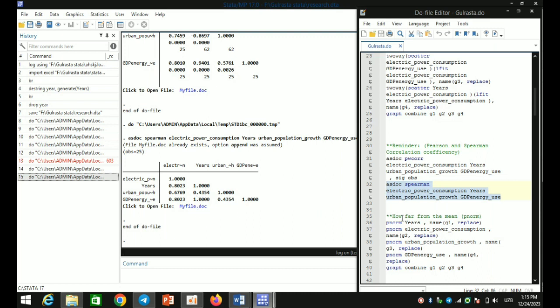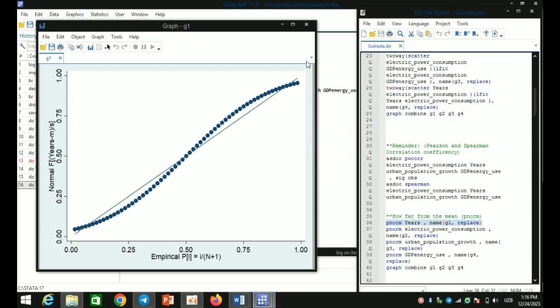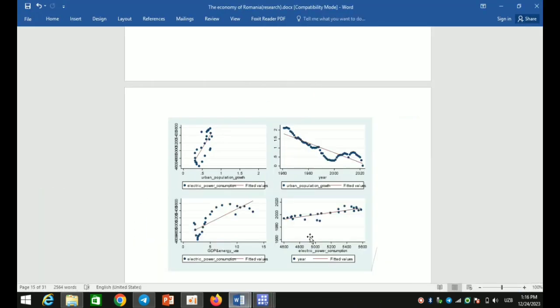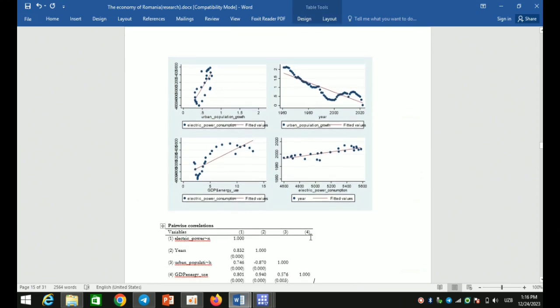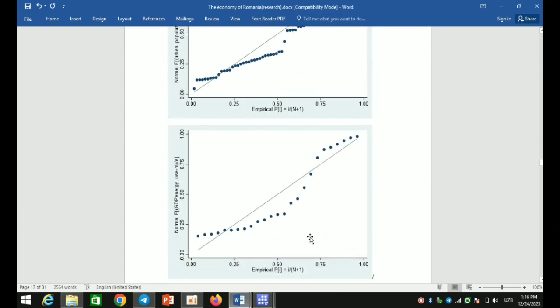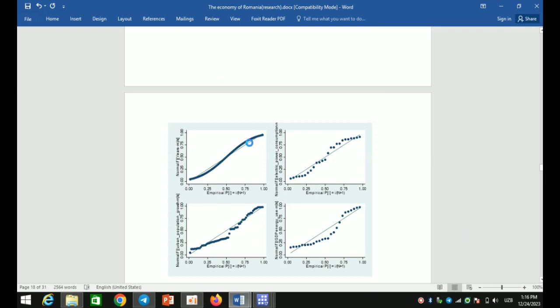So another comment is p-norm. So as you can see, it's the p-norm. It evaluates how far our graphs are from the mean, which is the average point. And these are p-norm graphs that I have created already. This one, and these are combinations of them. And the next comment is